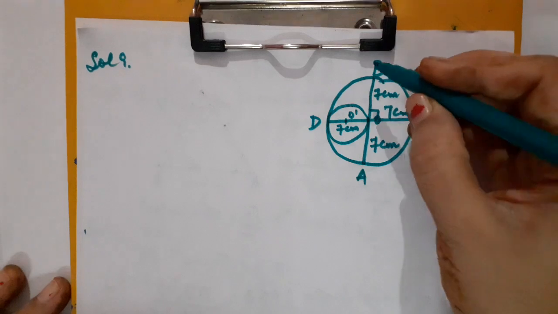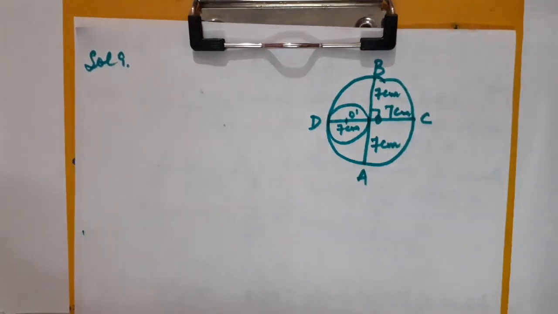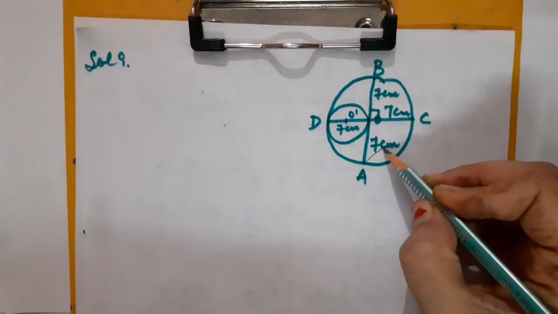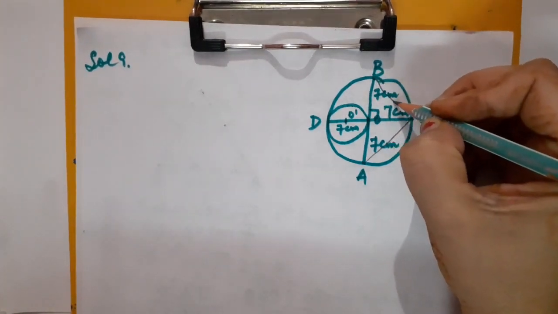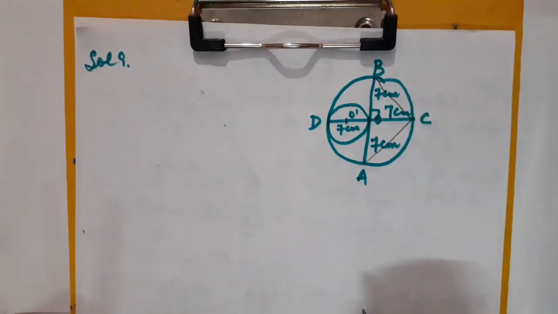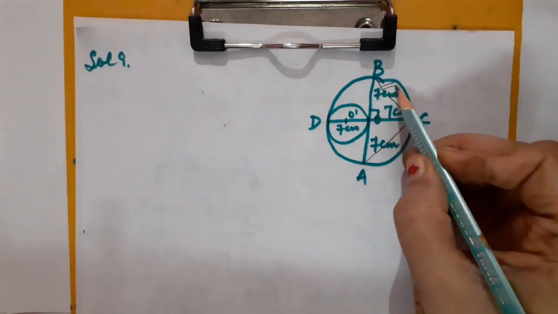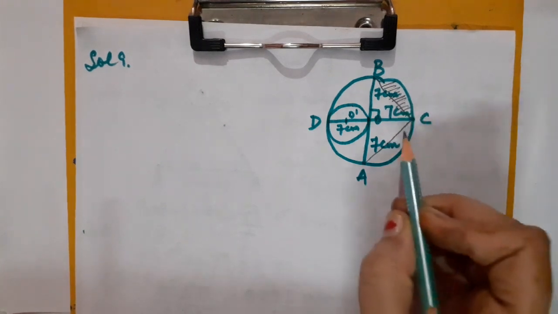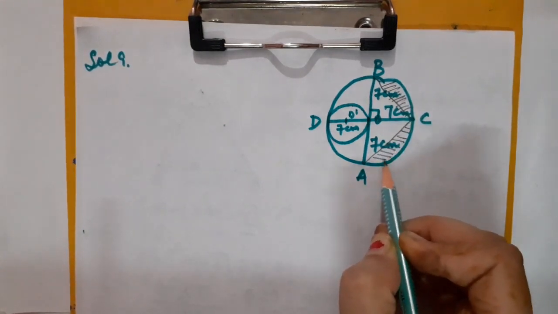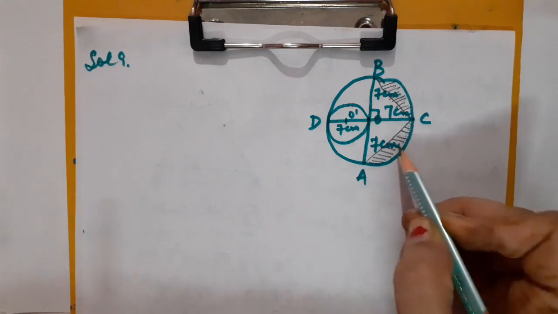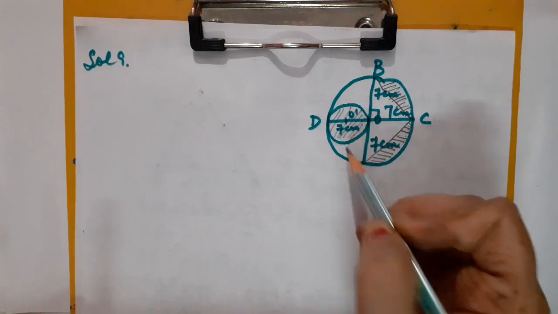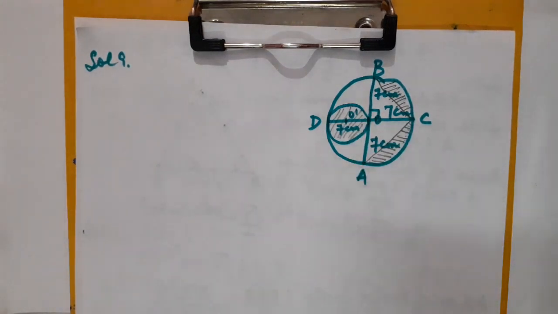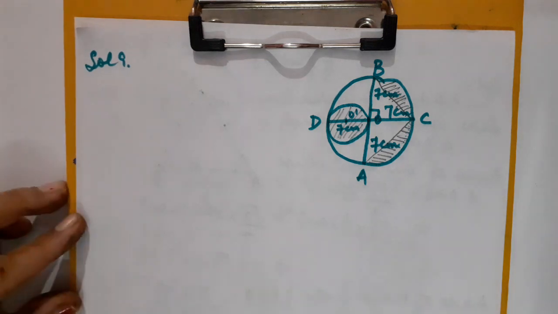After that it is said in the question that BC and CA, they both are joined. I am joining with pencil. Okay, just have a look. They both are joined. So we are going to calculate the area of the shaded region. This is the shaded region which I am going to shade. Here you can see that this is the shaded region and this smaller circle is also in the shaded area. So we are going to calculate the area of the shaded region. So let us start its solution.